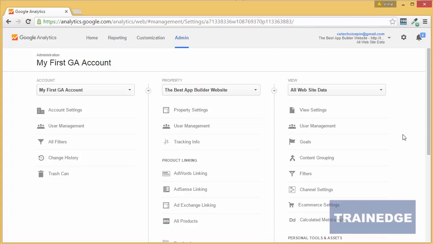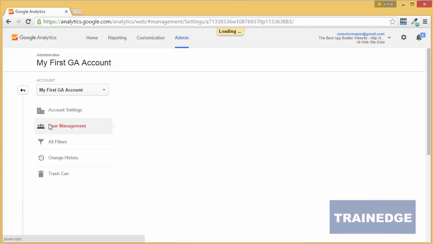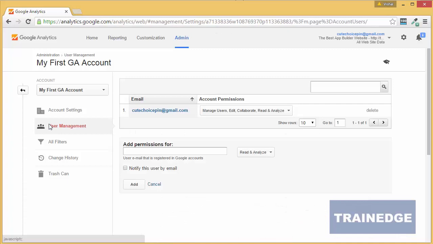The Google ID that you use to sign up for Google Analytics is the default administrative ID for your Google Analytics access. You can add more users to your account and give them different rights as needed. You can add users at the account level, property level, or view level. Every user you add will need an email ID that is registered with Google, which means every person or user you add to the account needs to have a Google account.